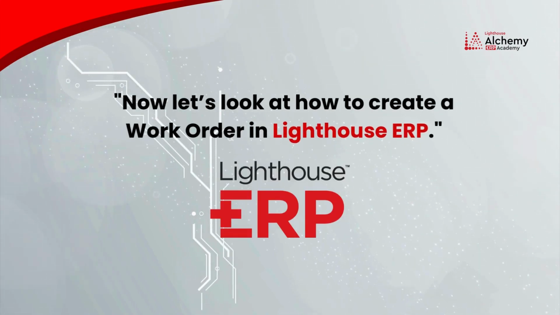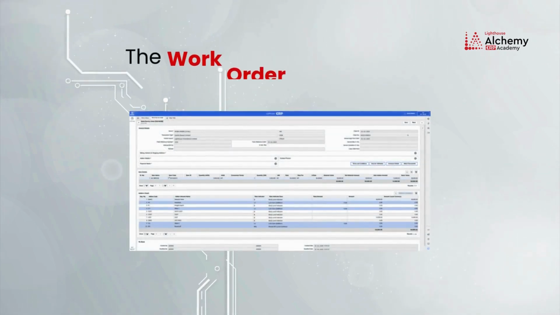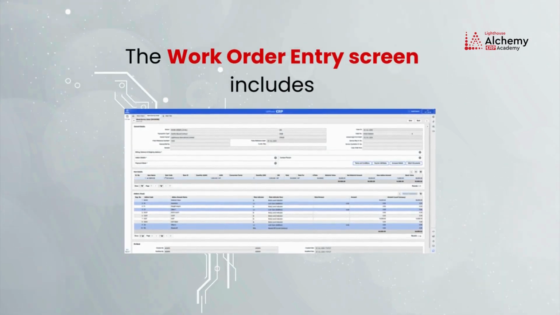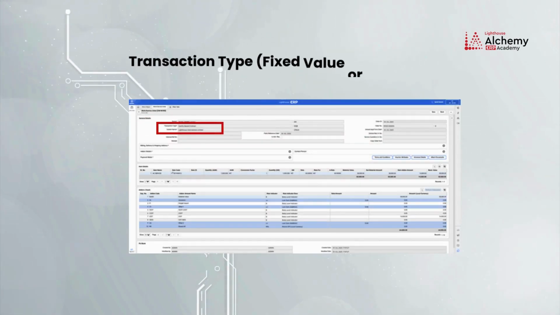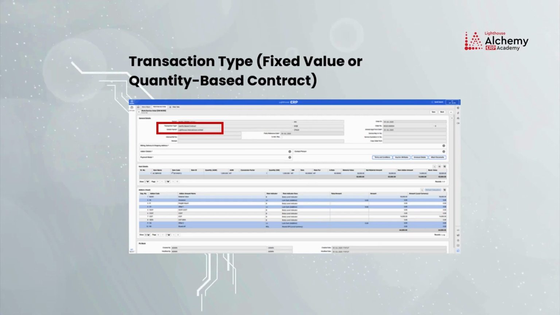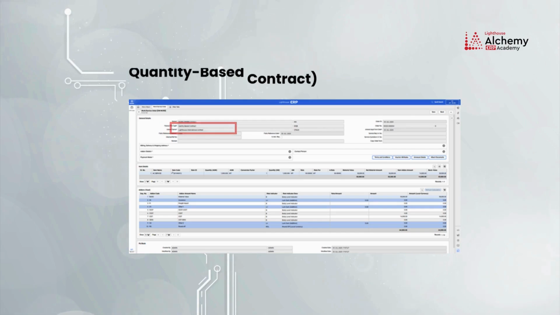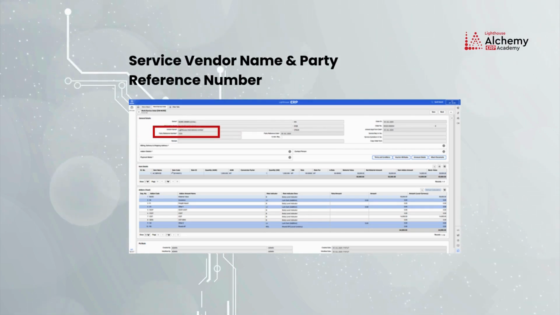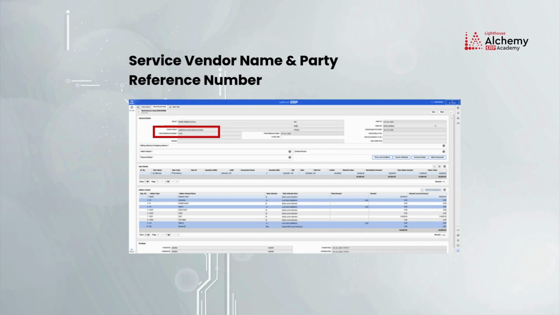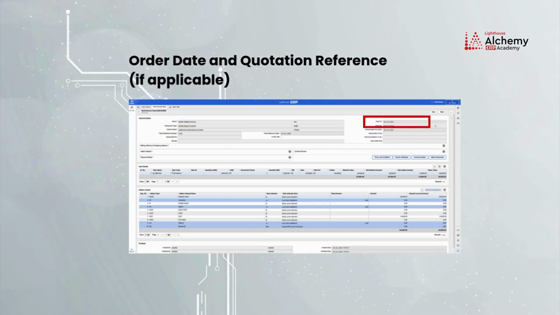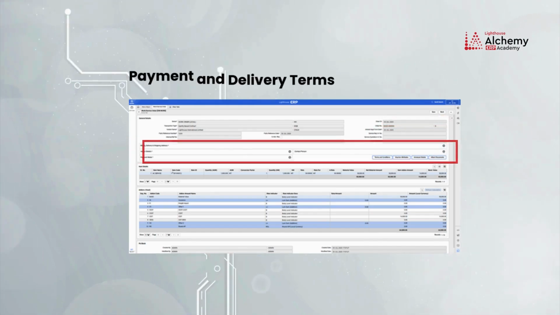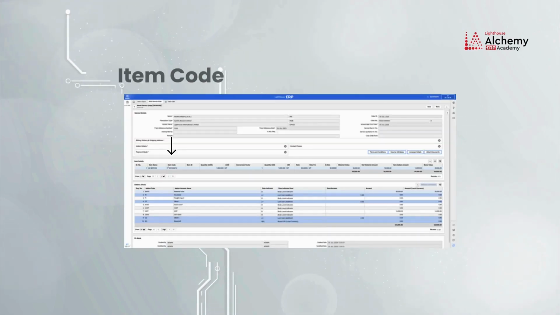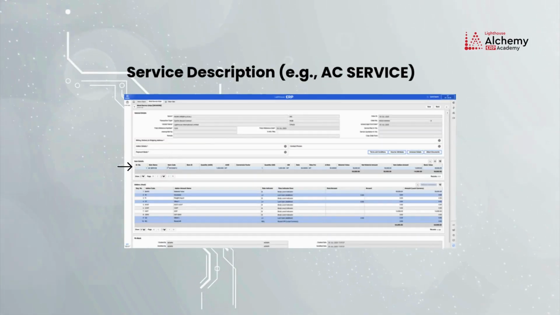Work order entry. Now let's look at how to create a work order in Lighthouse ERP. The work order entry screen includes general details: series, transaction type, fixed value or quantity-based contract, service vendor name and party reference number, order date and quotation reference if applicable, payment and delivery terms, item details, item code, service description,